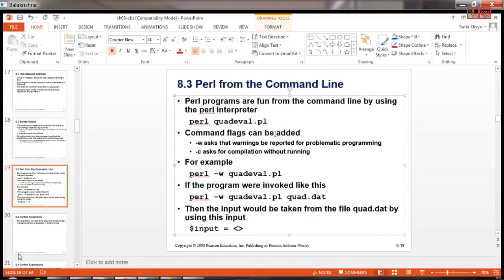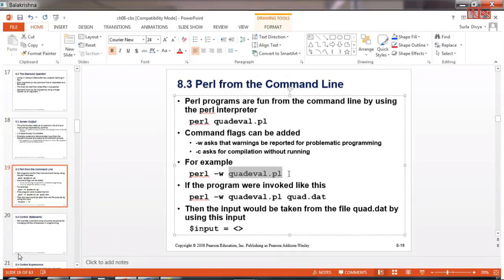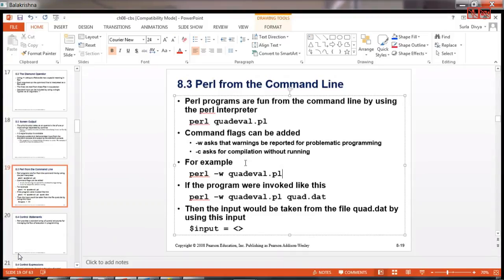You can also add some command flags, like -w for warnings, -c for compilation without running. Whenever you want to use this, first of all, I use perl -w, then the file name .pl. Automatically it will throw any warnings. Sometimes we ignore certain small things which may not be errors, but still can be warnings.